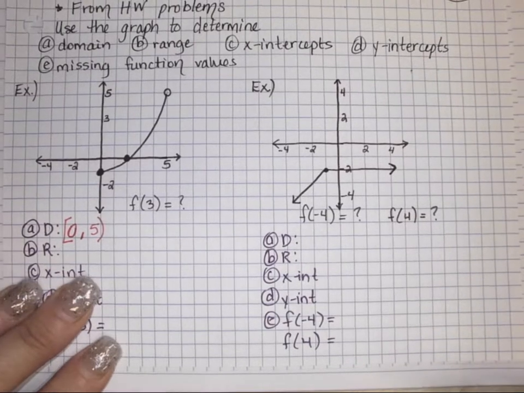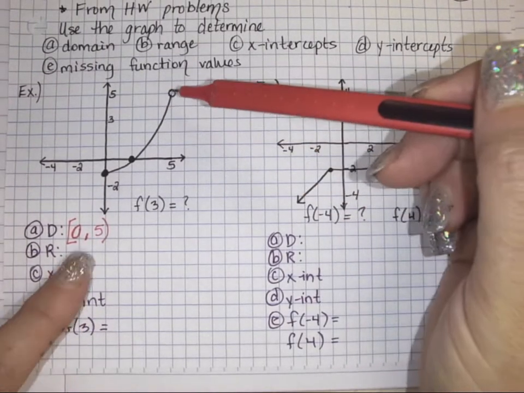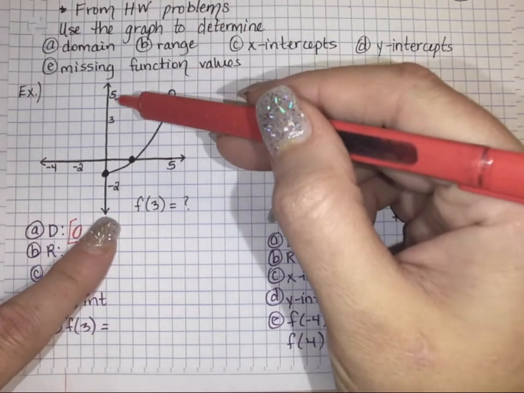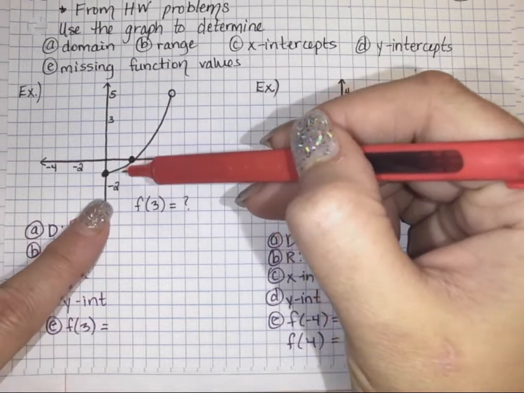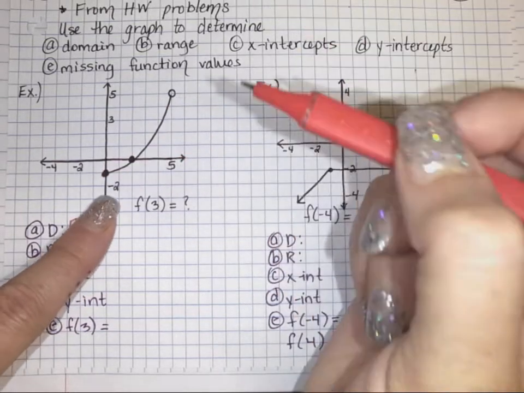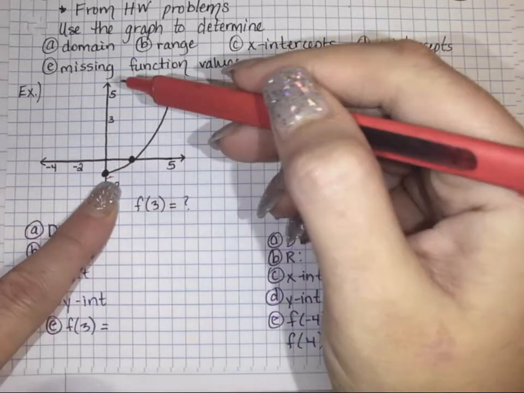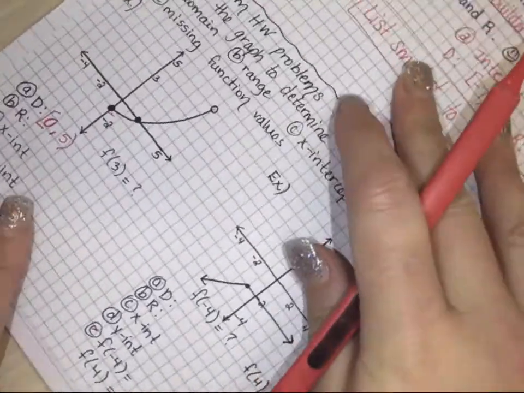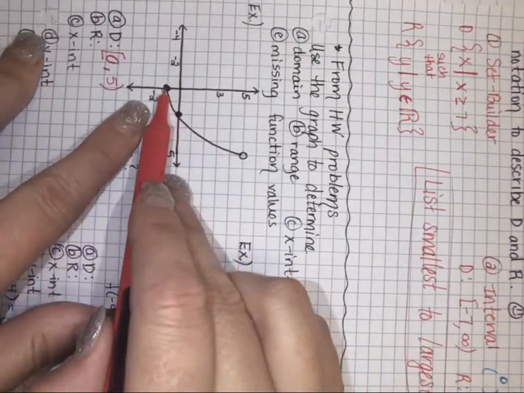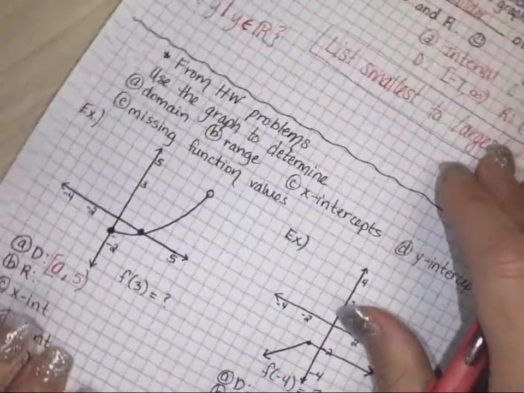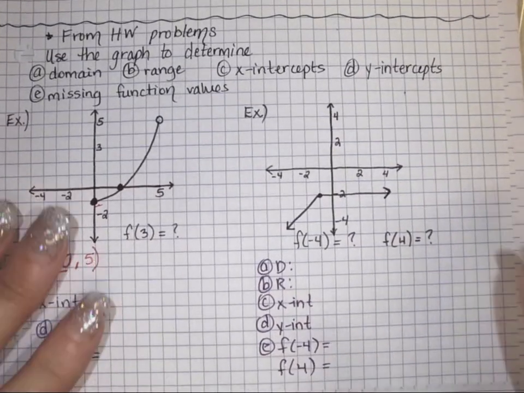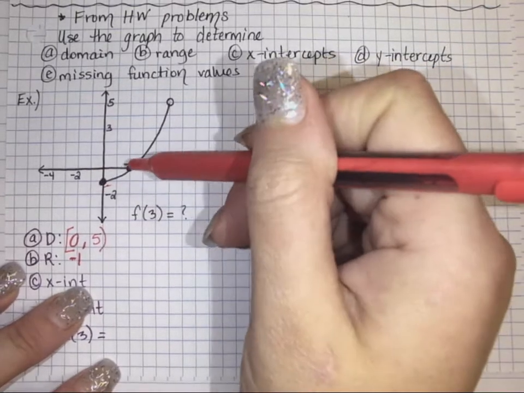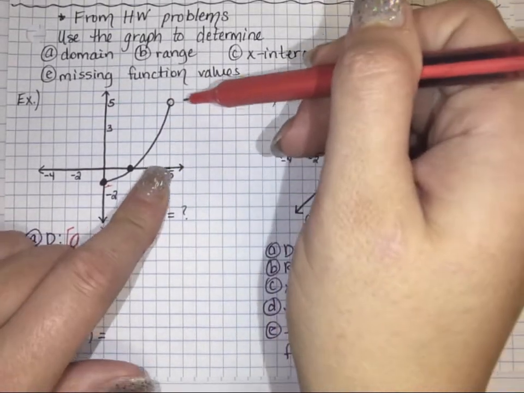Range for this graph, let's look at how far down the graph goes and how far up. So notice if you're looking at the y-axis, the graph goes down and stops at -1. So once again, we're only looking at the y-axis. You can turn your graph, like turn your paper if you wanted to, and then notice that it goes down to -1 and it goes to 5. But, alright, so it goes down to -1, that's the lowest part. Then it goes up, your graph does, to 5